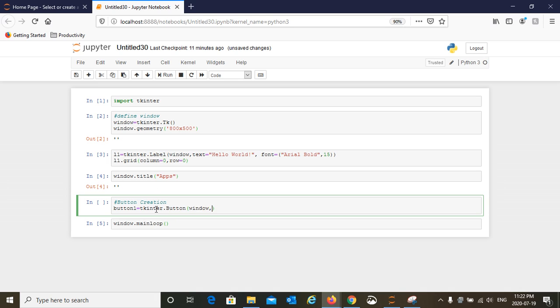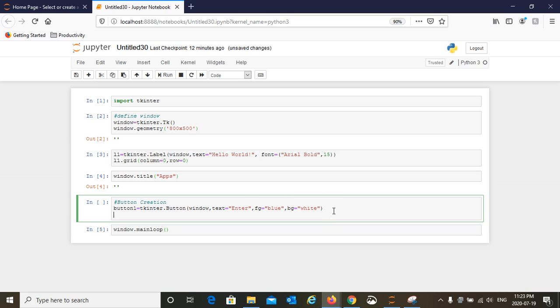So I will say window, and what will the button say? That you write as text, enter, and then you can give the color, like foreground color, let's say I am going to say blue, and background color is going to be white.